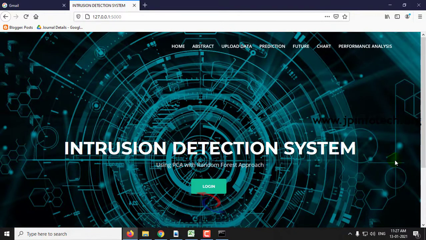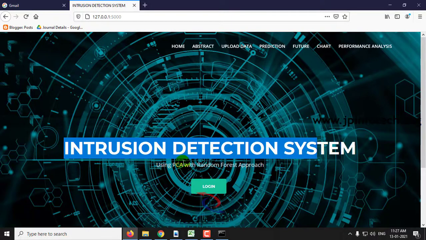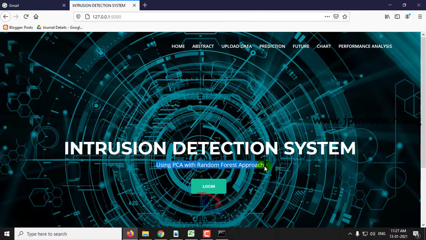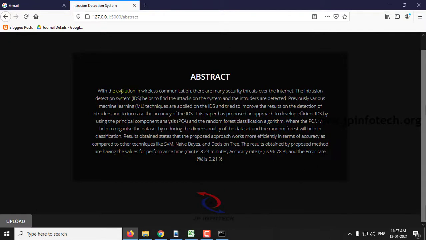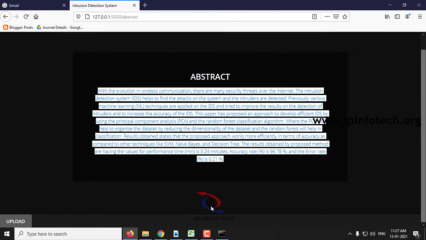So this is the home page and welcome screen of the project, with the title Intrusion Detection System using PCA with Random Forest Approach. You can see the abstract of the project which is mentioned in the base paper here.